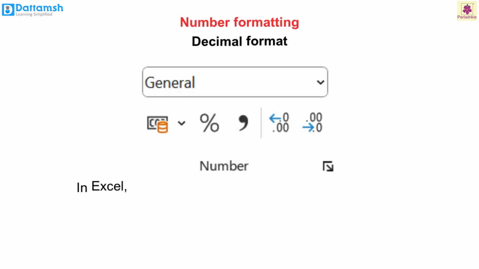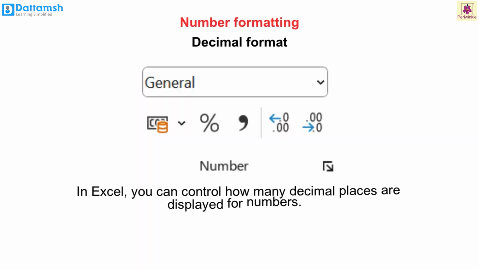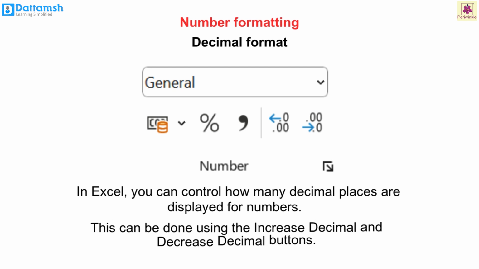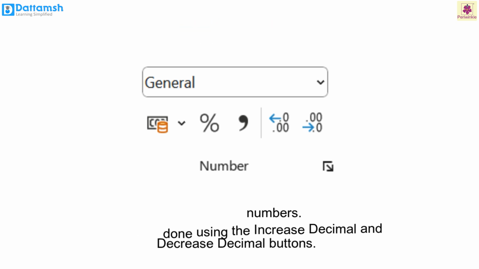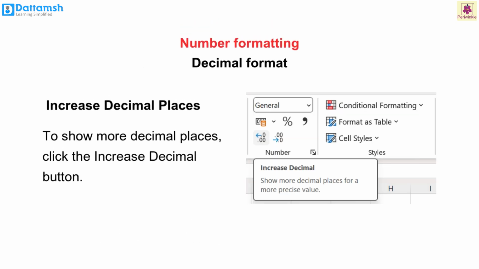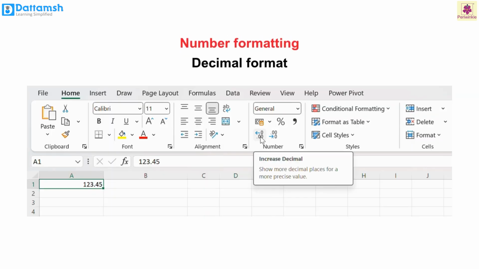Decimal format. In Excel, you can control how many decimal places are displayed for numbers. This can be done using increase decimal and decrease decimal buttons. Increase decimal places. To show more decimal places, click the Increase Decimal button, an icon with a decimal and arrow pointing out to the right. For example, if you enter 123.45 and click Increase Decimal, it will display as